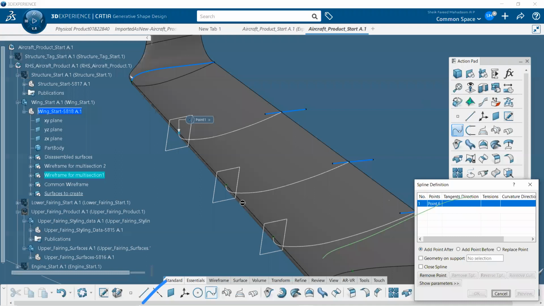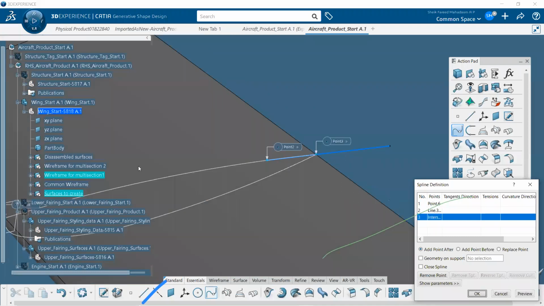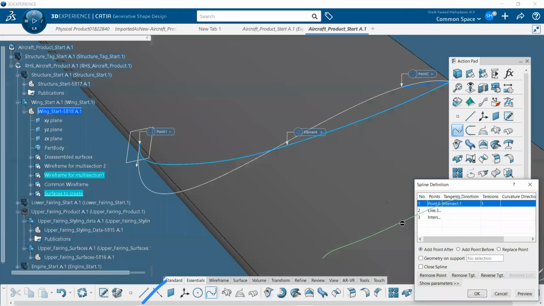Okay, and for the point 1, the support will be the intersection. Make sure the direction is in reverse side, and for the intersection point, that should be the line over here.